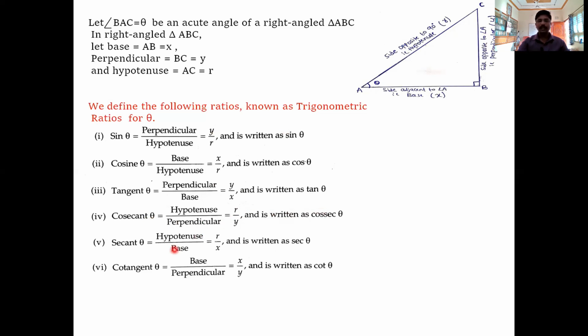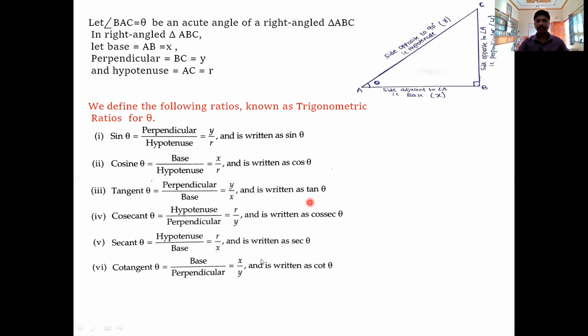Understood? Secant is the reciprocal of cos theta. See here, hypotenuse divided by base, that is r divided by x, and it is written as sec theta. Secant may be written as sec theta, cosecant may be written as cosec theta, and tangent theta may be written as